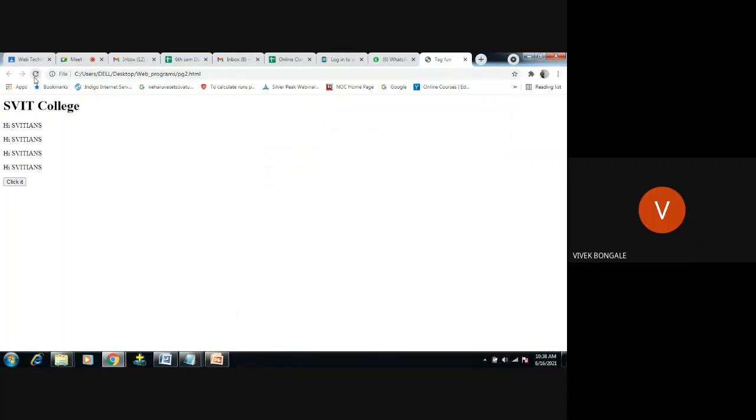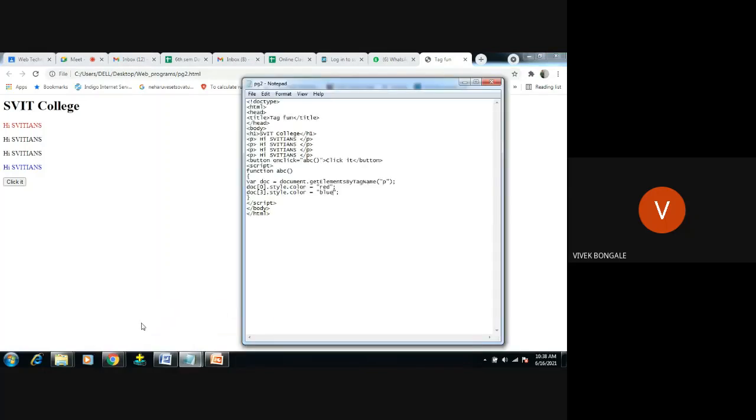Okay, see here, initially all four messages are in black color font, right? Now I'm giving the event. As a user, I'm sending the request, I'm giving the work for the JavaScript. What work? When I click on this 0th index and 4th index, this will be in red color, this will be displaying blue color, right? I'm going to click this. You can see this has changed to red color, and it has changed to blue color. This is what we have written here in this program, right?